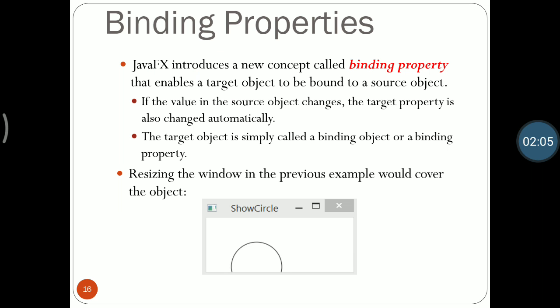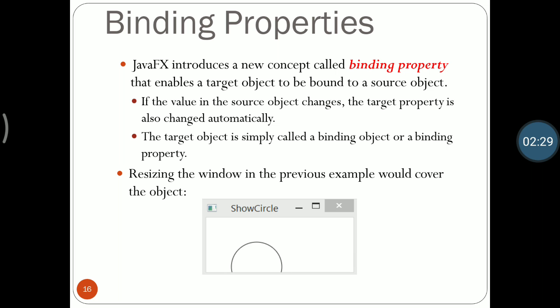Binding properties. Here in this image we can see our pane is a rectangle that contains a circle, but that circle is not properly fitted into that pane. Why? Because it is not bound properly. What is binding?